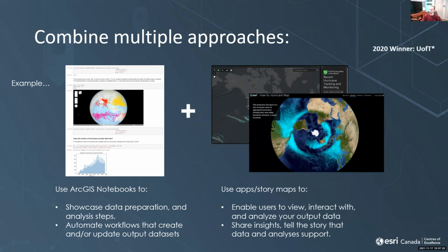A similar approach to this was, for example, used by the team that won a couple of years ago from U of T. They had a very simple custom web page that they used as a project homepage, and integrated applications that they built in ArcGIS Online out of the box. So there was no custom coding in those applications. They just meshed it together with their project. So lots of great ways to approach this. Lots of ways to make something new and unique that stands a good chance to win or rank highly in the app